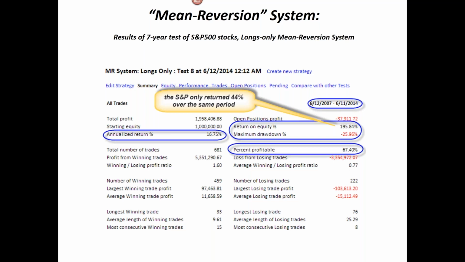Well, you know what? I don't know. Sorry, I don't know what the S&P 500 did on an annualized basis, but the total return for the system was 196% versus 44% for the S&P 500. Now, that's a very good return. It's not huge. It's not anything to get too excited about. But if you look at the